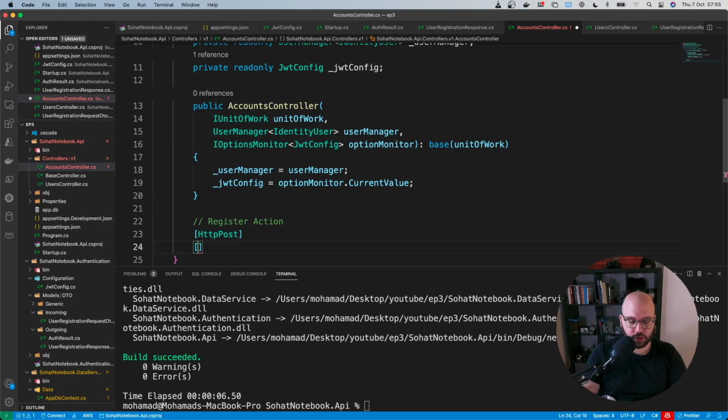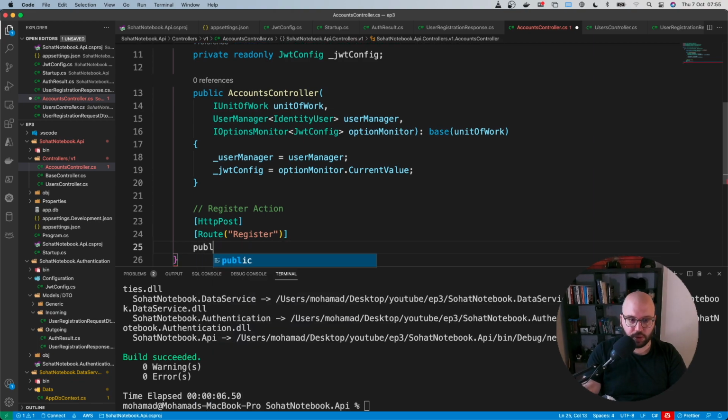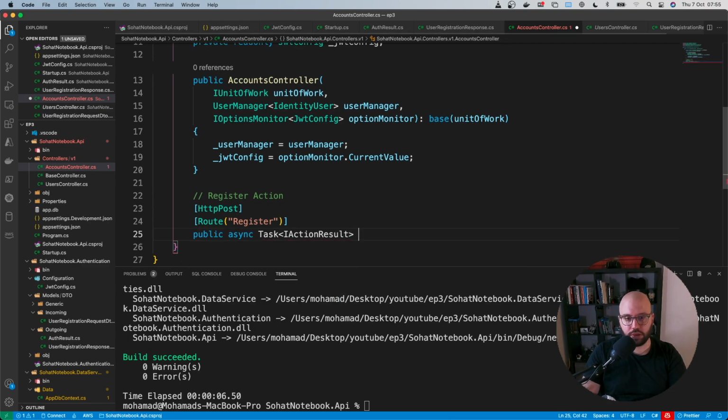So we're gonna put route, and it's gonna be basically register, and we're gonna be building up. So public async Task IActionResult, and it's gonna be Register. Let's make a space,